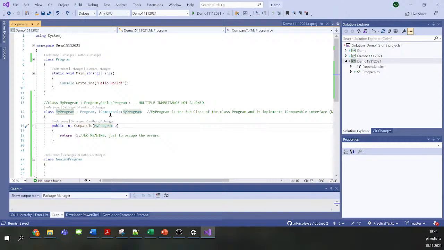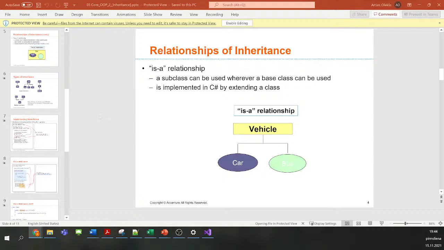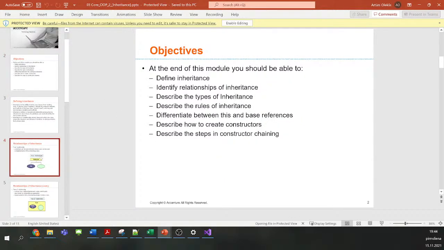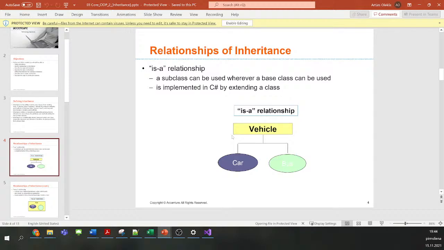But yeah, so this is just the explanation. What do we have here? But remember that the relationship "is a" will always be in place. For every subclass, we can say that the subclass is the name of the superclass, but we cannot say that the superclass is the name of the subclass.